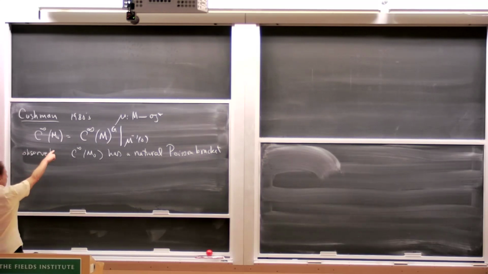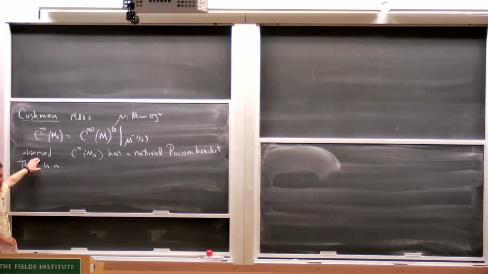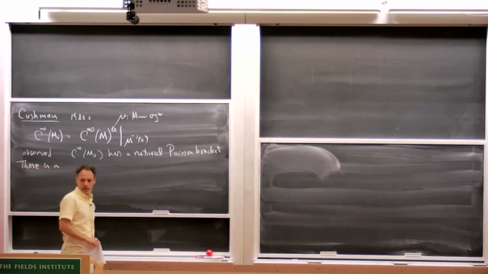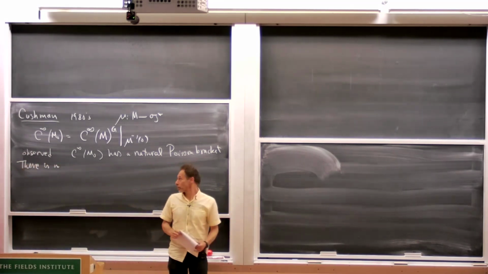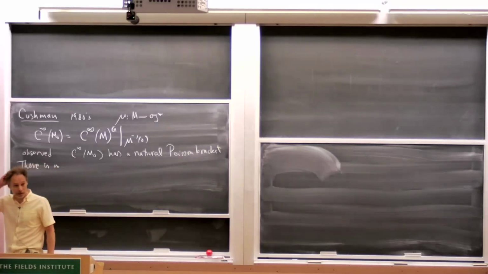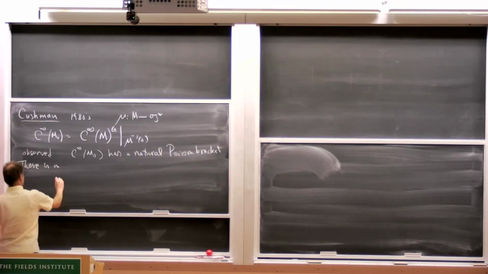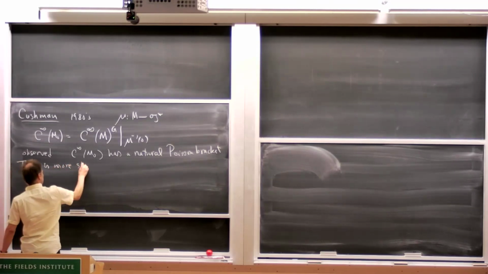So we're thinking of these as smooth functions on the reduced space, and there is more structure. I say he observed it because he was not interested in theory. He wanted to compute examples, and so he was churning out computations. This was proved rigorously by Arms, Cushman, and Gotay around 89. There's more structure.